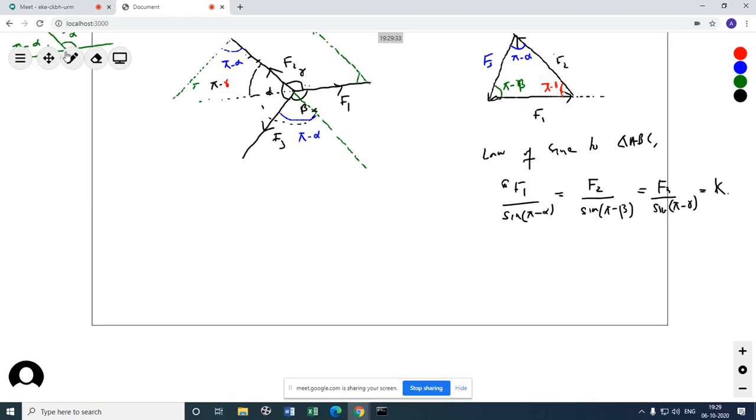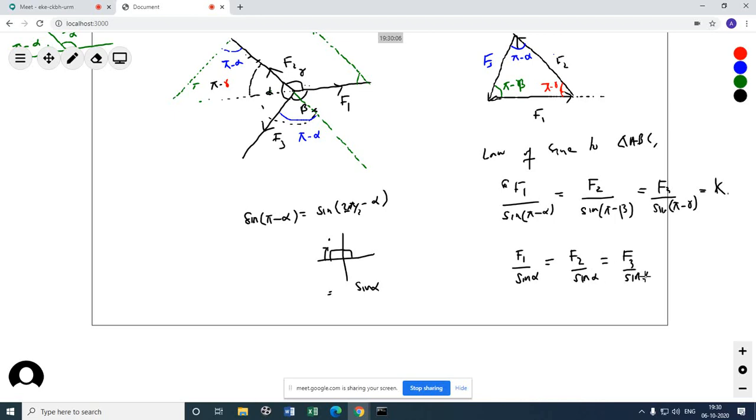Now wait a minute, we can simplify a little bit further. Sine of pi minus alpha can be written as sine of 2 into pi by 2 minus alpha. That means first 90, second 90 minus alpha. Minus alpha is on this side, so you are in the first quadrant only. And 2 is even, so sine will remain sine. So sine alpha only. Then I can write this as F1 by sine alpha equal to F2 by sine beta and F3 by sine gamma, which is equal to a constant. And this theorem is called